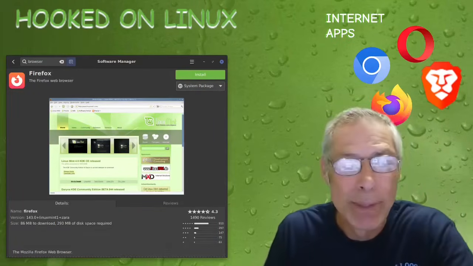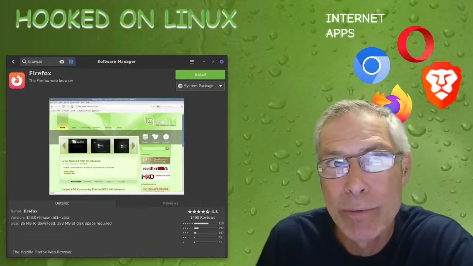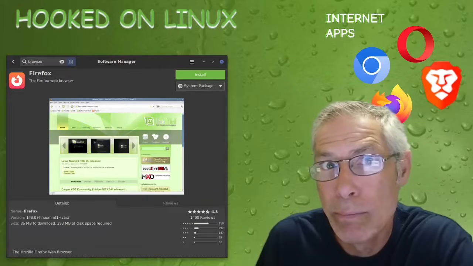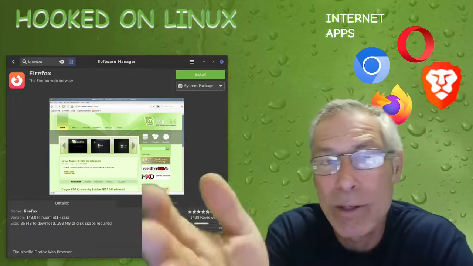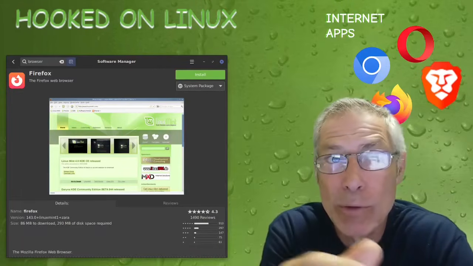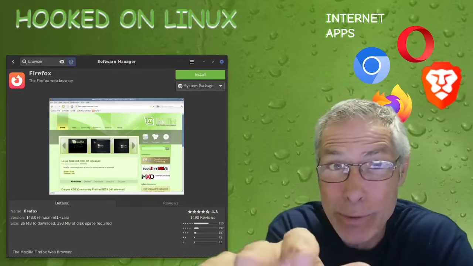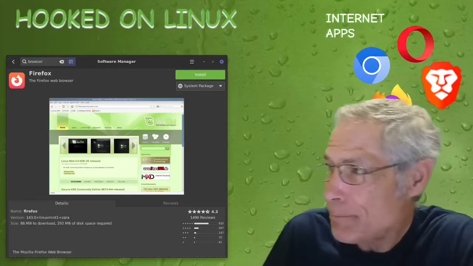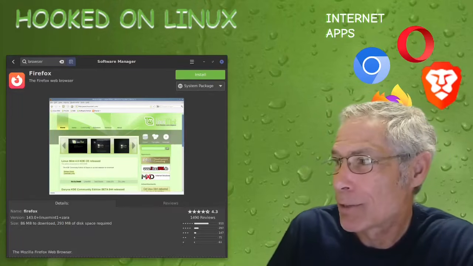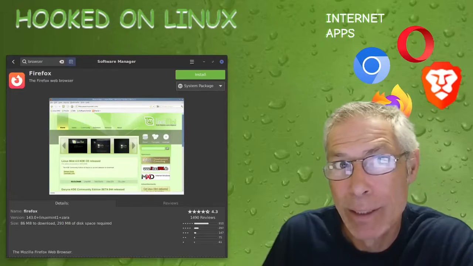So Chromium is the open source for Chrome. So it doesn't have all of the spyware and all the stuff that's written into Google Chrome, but it works exactly the same as the Chrome-based browser, and that's all right. Off you go. Firefox, which is Mozilla, they fell out of favor a little while ago because they disclosed that